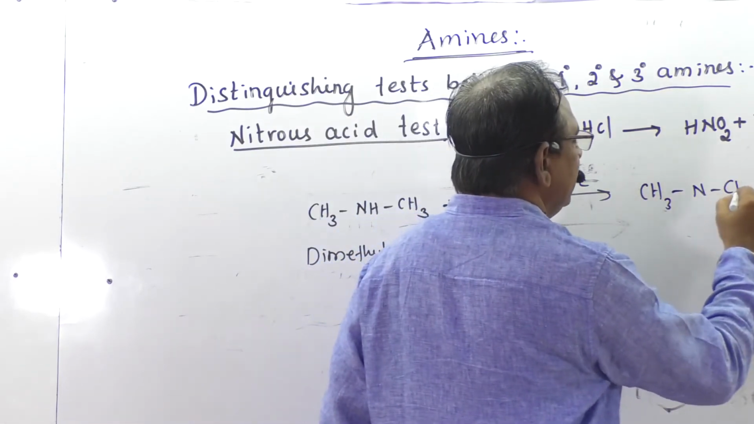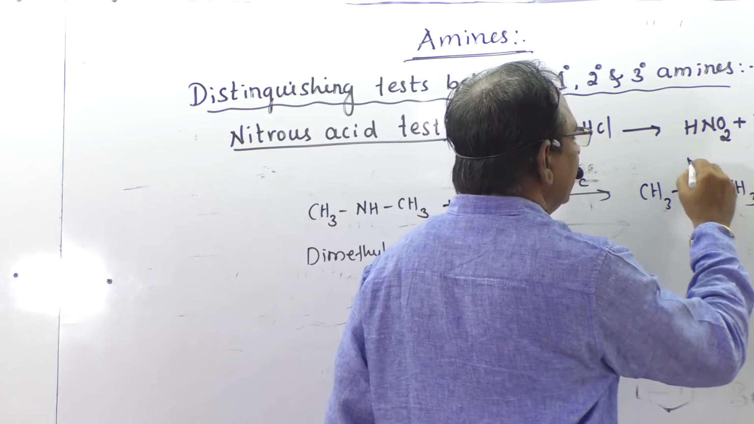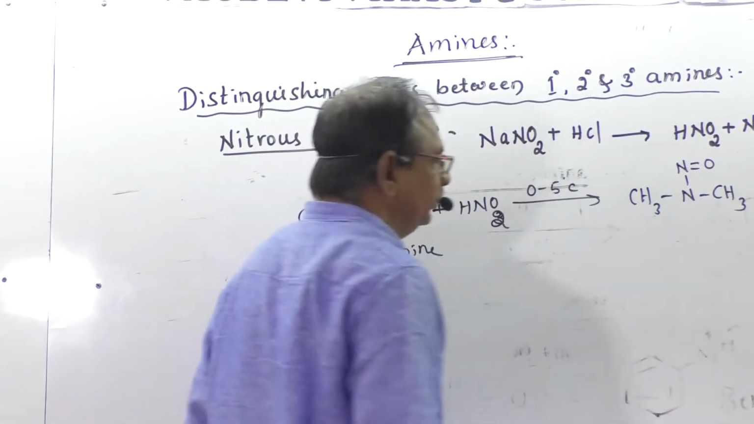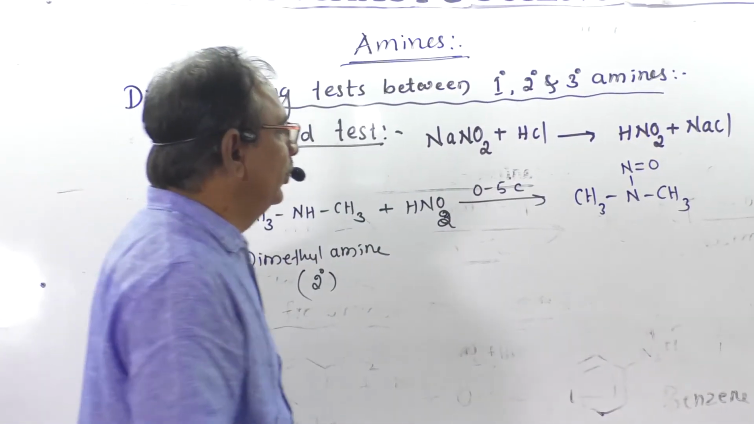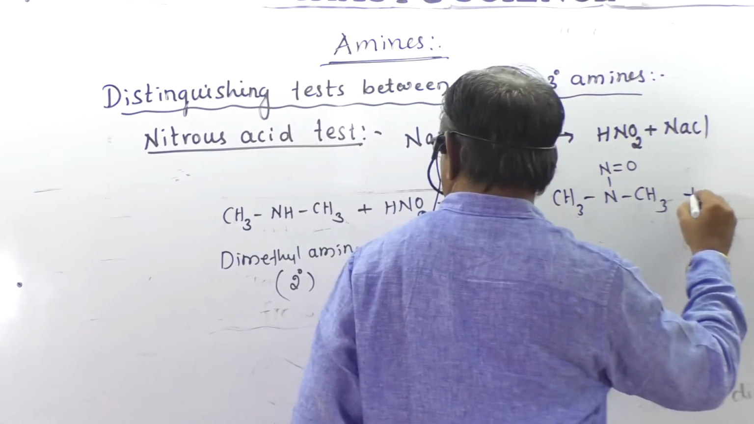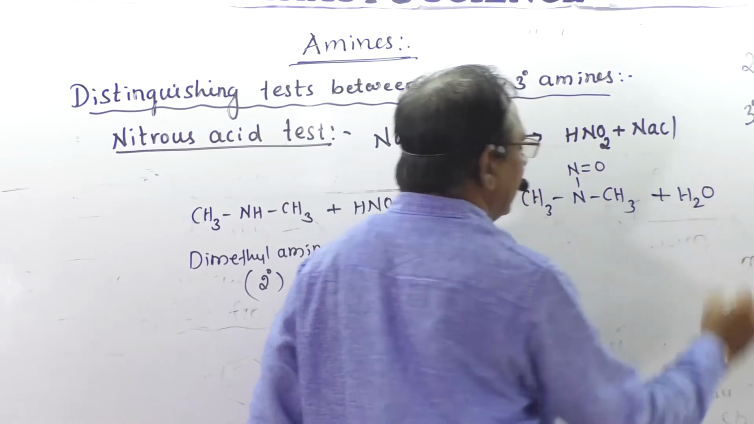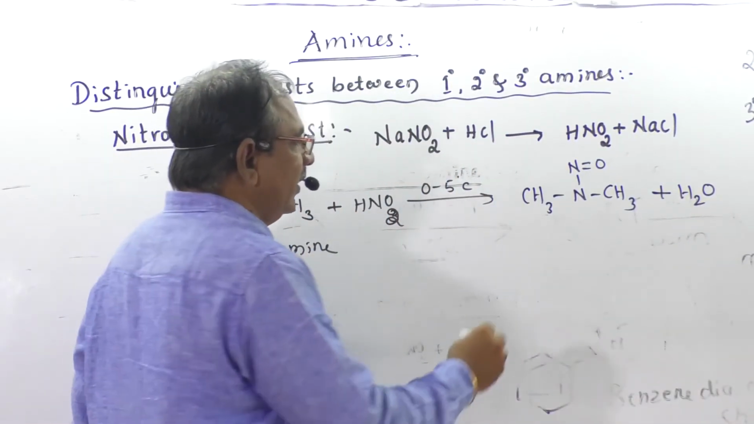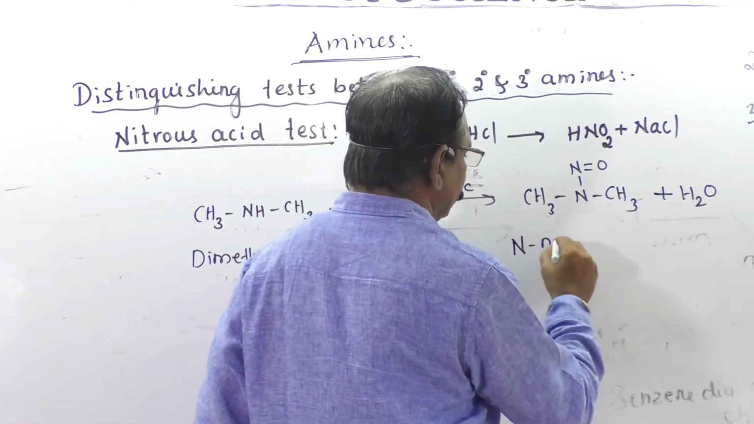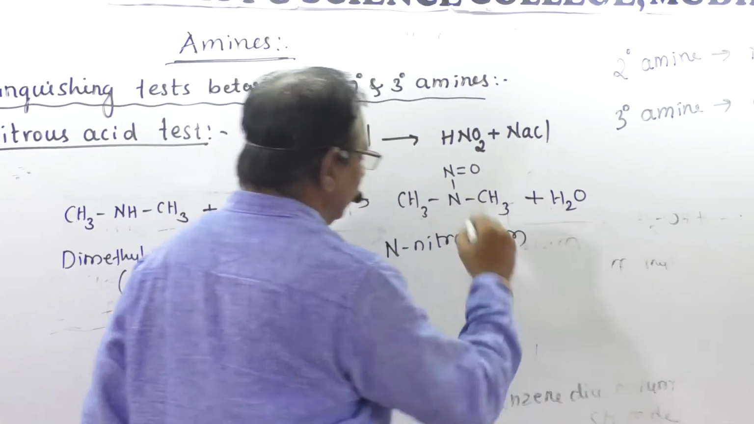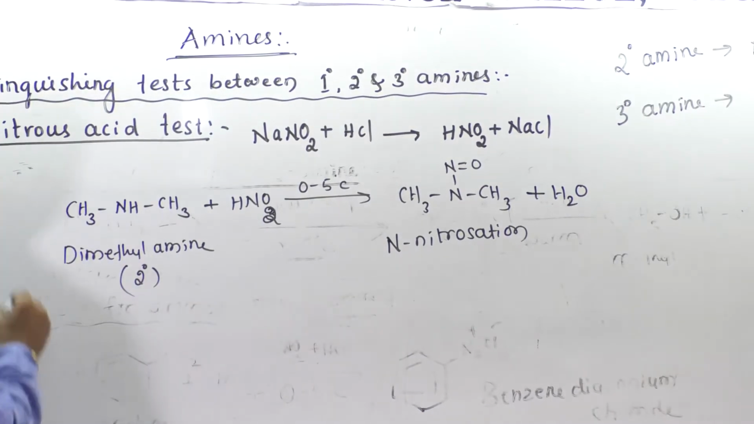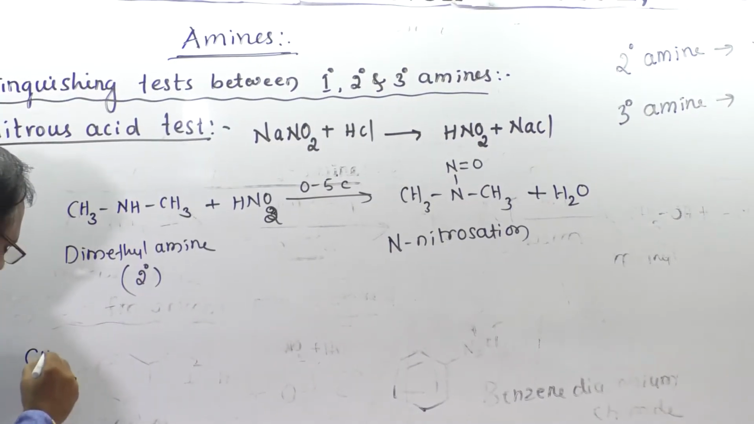CH3NCH3. So here N double bond O. That N double bond O is called the nitroso group. So again a molecule of water is eliminated. This is called N-nitrosation. And if it is a tertiary amine, the example here is